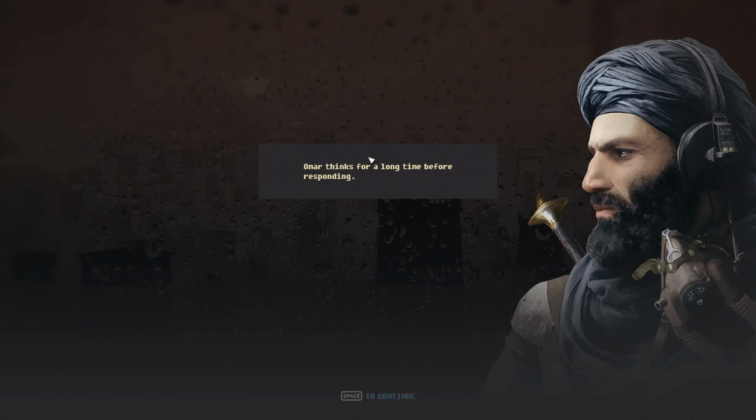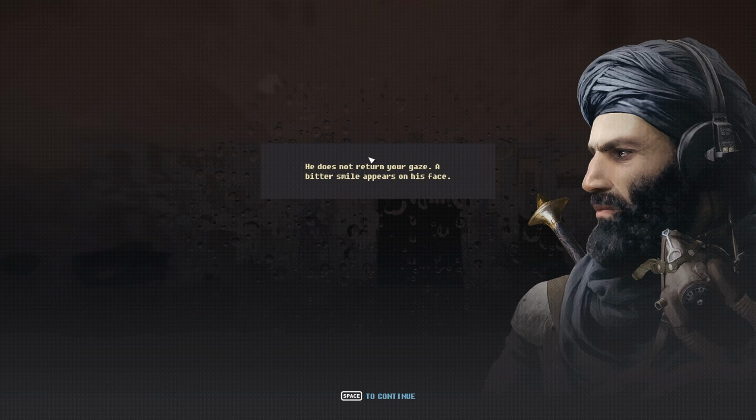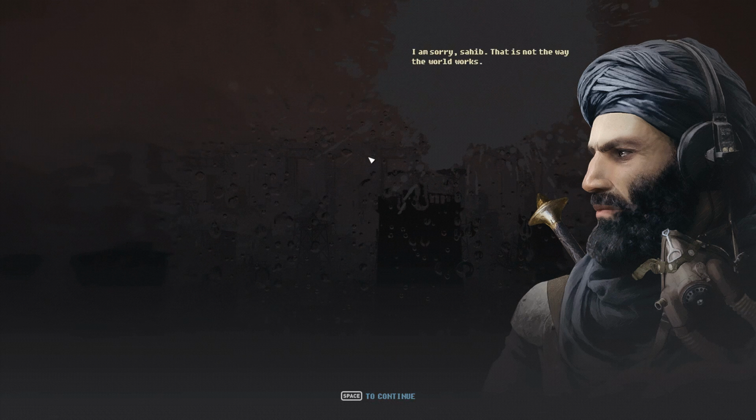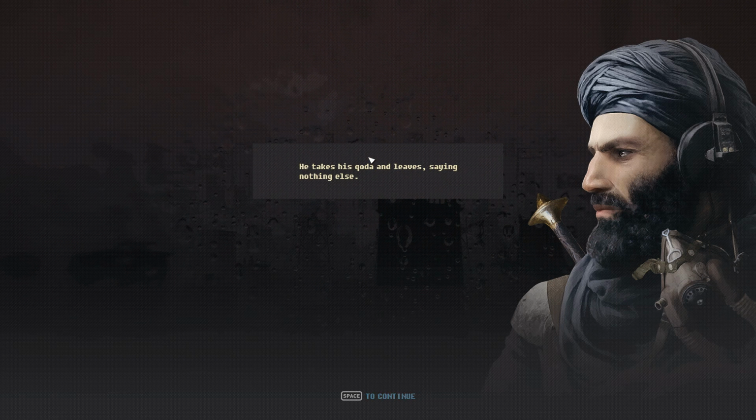Omar thinks for a long time before responding. Turn your other cheek. Isn't that what your people teach? He does not return your gaze. A bitter smile appears on his face. I am sorry, Sahib. That is not the way the world works. He takes his coat and leaves, saying nothing else, and we lose